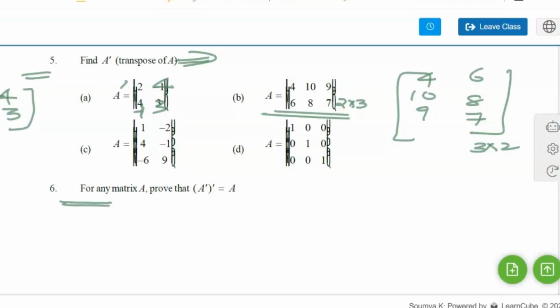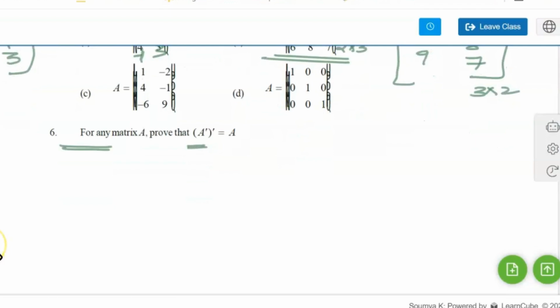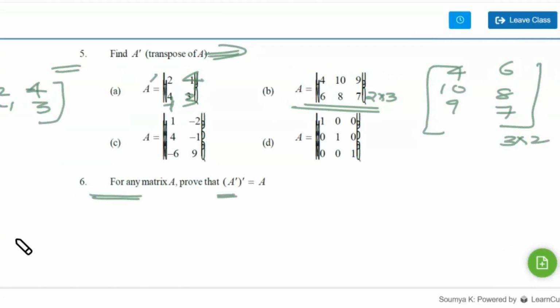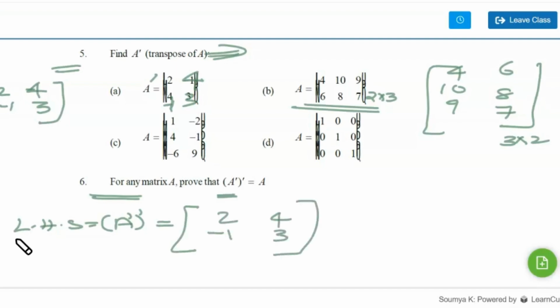And you have to prove in the sixth question that the transpose of transpose of A is the same matrix. So we can take an example which we have already done here. So consider this is our A matrix, and our A transpose is given by 2, minus 1, 4, 3. In that case, write left hand side as A transpose of transpose. That means again if you do transpose of 2, minus 1, 4, 3, which is A transpose,